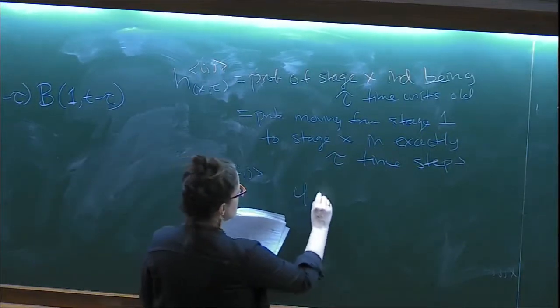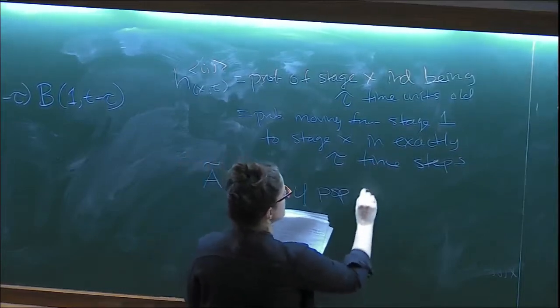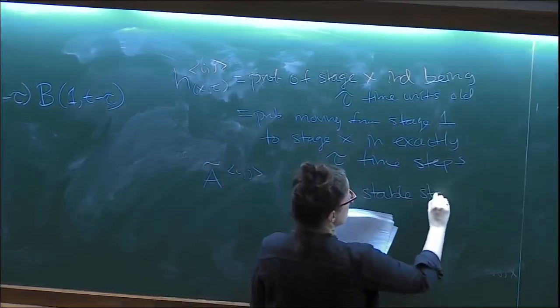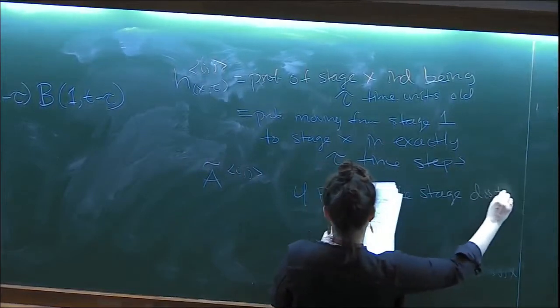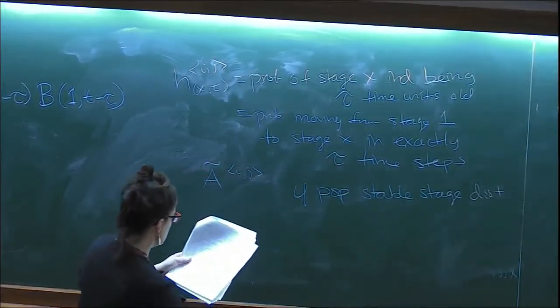If the population is at the stable stage distribution, then the entries of this matrix,